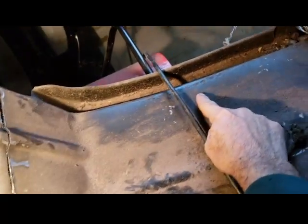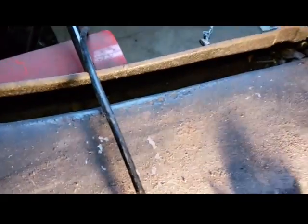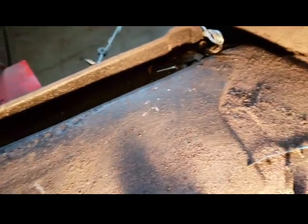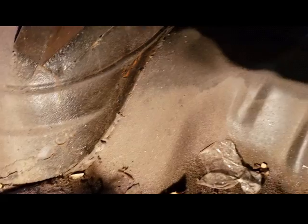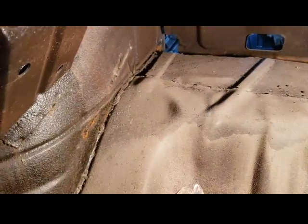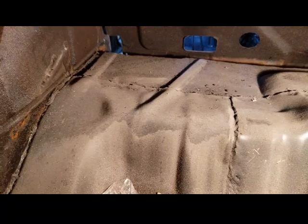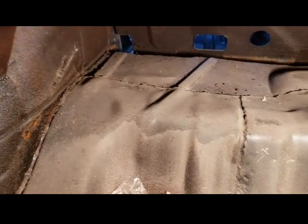If you look right here, see that was welded from underneath right along there. What I'm going to do is cut it with my grinder and remove all that up in there. So, let me show you some light. You see the replacement panel that was done by others. I'm going to remove all that,